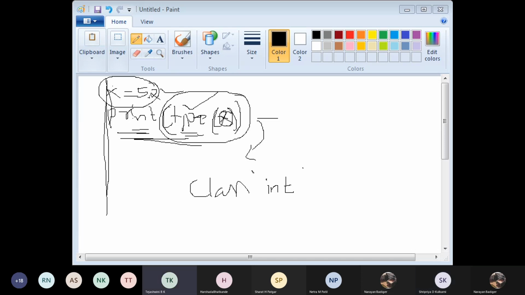Very good. Correct. Next. x equal to 20. Int. That's all. x equal to 20.5. Float. x equal to 1j. Complex. Very good.